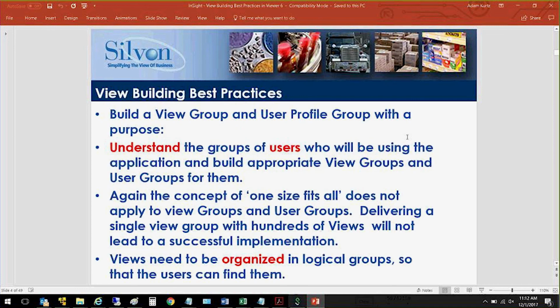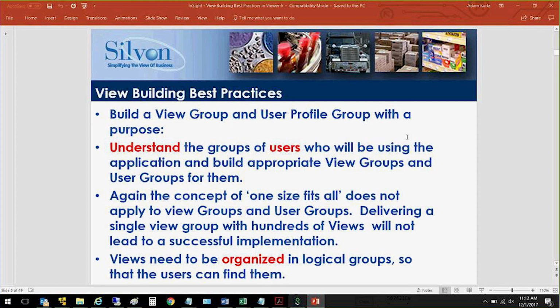And then finally, to round out some of these best practices, for the application itself, when you're building views and creating users and whatnot, you also want to make sure that you group the views together in a meaningful fashion. Understand how you might want to categorize the views, and the same could be said about your users. A lot of times when I implement the product, the customer will ask me, how do I deploy this? And typically what I would recommend is that they deploy it